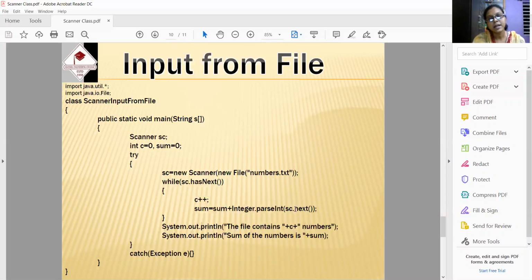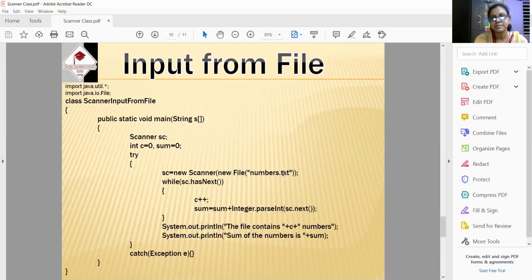Let me tell you why next has been used, though it is a number. I have taken integers, I have told that within the number.txt file I have given integers. Any other thing can be given. Whatever you are giving, integer, character, string, all will be treated as string type.